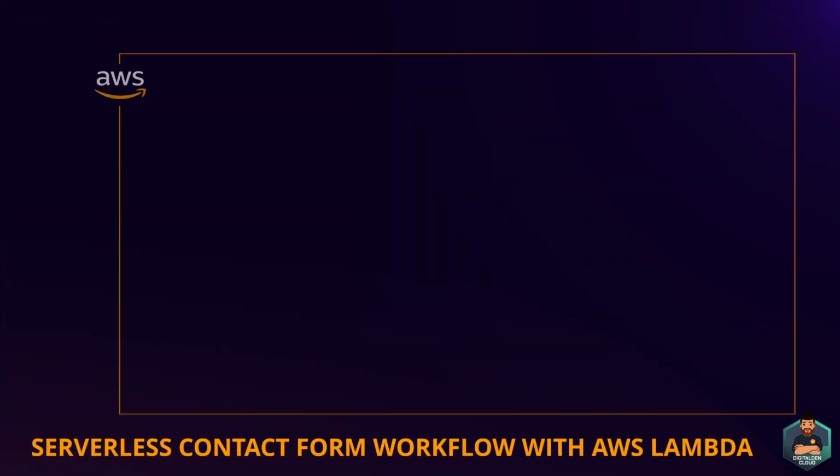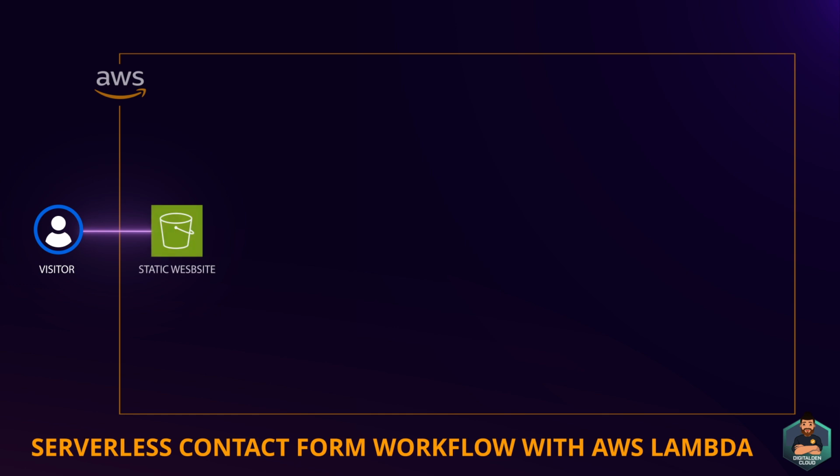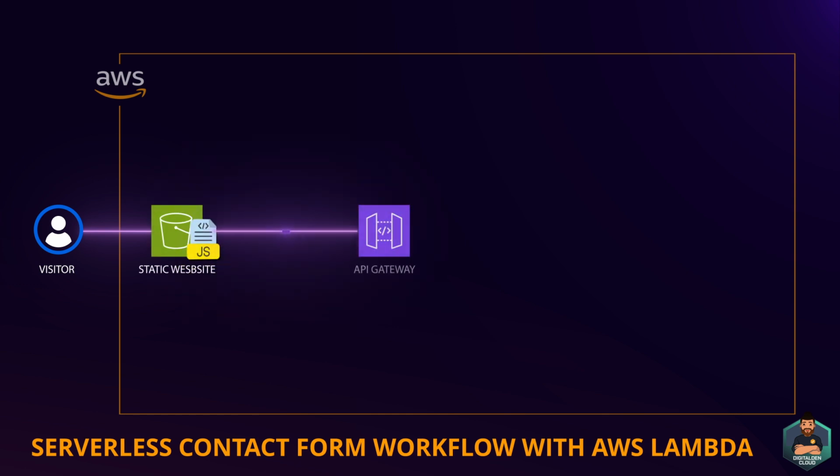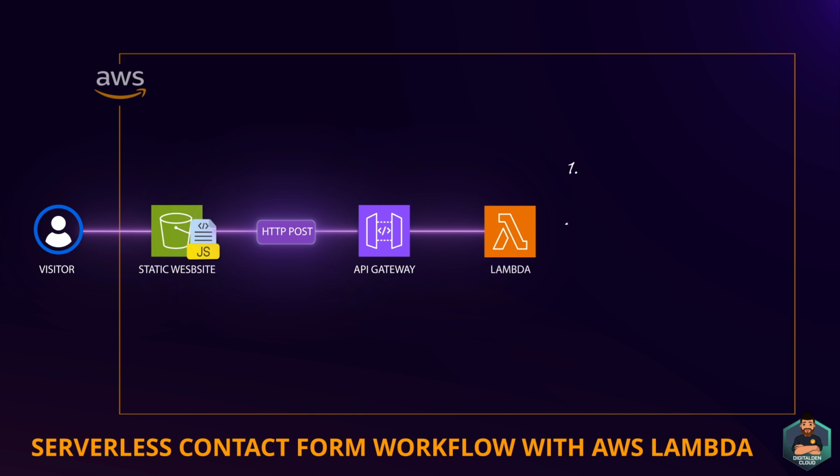In your serverless contact form solution, the event-driven model works in a straightforward way. So when a visitor submits the contact form, JavaScript on your static website captures the data and sends an HTTP POST request to Amazon API Gateway. This request triggers AWS Lambda. The Lambda function receives the form submission data and executes three main tasks: